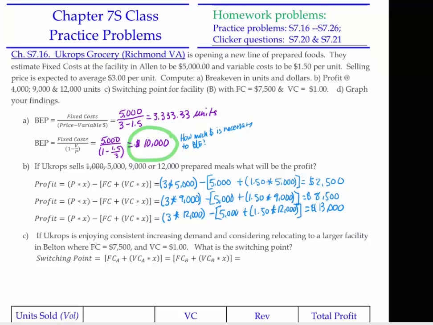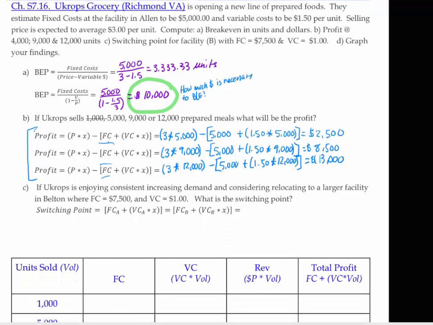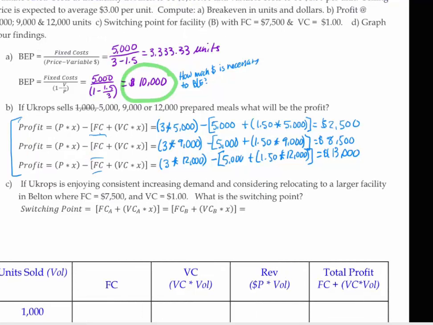So you can see that our profit goes up as we make more units. However, at some point it becomes more profitable to use one process versus the other process. So in this problem, all of part B, we use the same variable cost for each product. But if, for example, we might have a cheaper variable cost with a different process, then it becomes a little more complicated, right? Because here, all of our fixed costs were the same because we're only just looking at one particular process. But down here in part C, what I want you to do is think about if you had